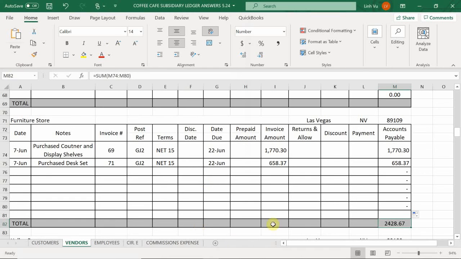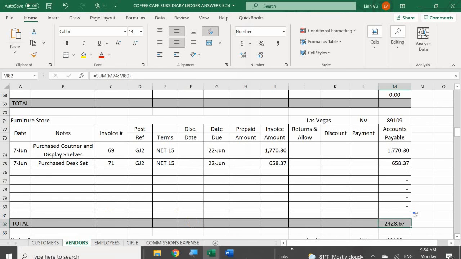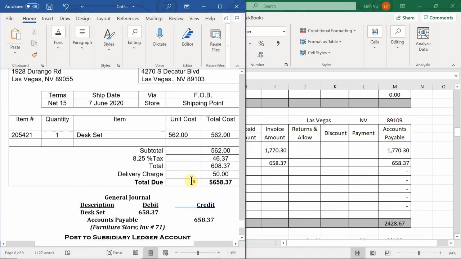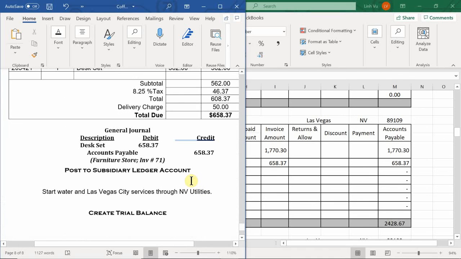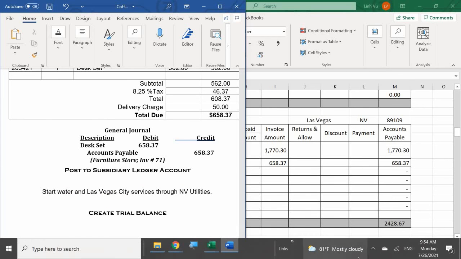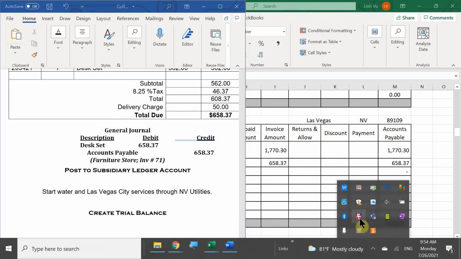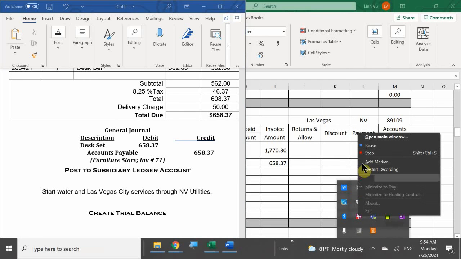All right. So I'm actually going to stop here. Because when we come back, we will go ahead and complete the trial balance. So right now it is